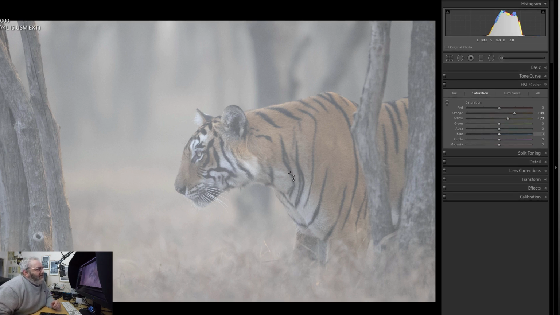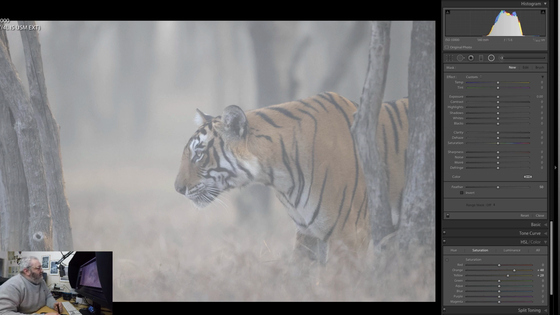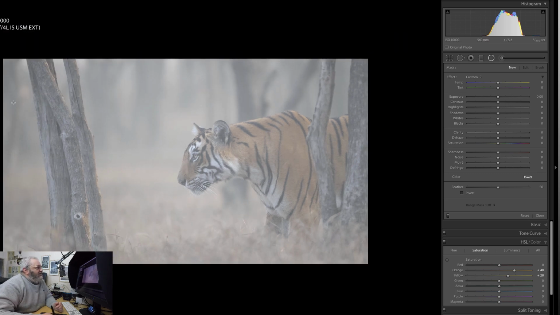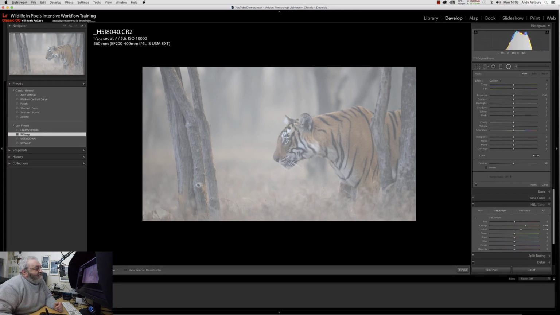So I think we'll leave that there, but I like the tiger, but I want to just sort of push the majority of the scene back a little bit, and the quickest way to do that is to go and get a radial graduated filter. I'm going to shrink the image down just a little bit so I can see what I'm doing, because I'm actually going to take this filter off the side of the image, rather like that,